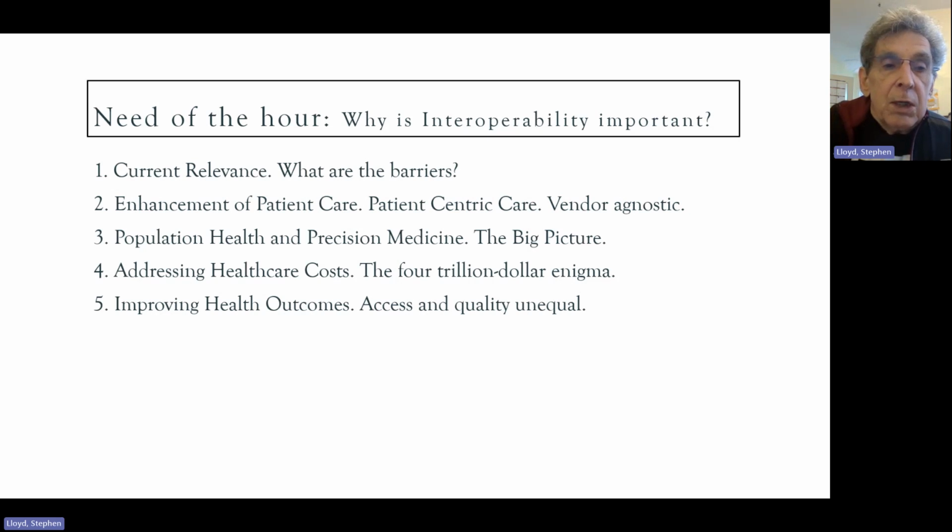And so our orientation now in the last few years has been to try to look at patient-centric care, that we're trying to look at it from the patient's perspective. And certainly the hospital systems are not very good at that. And what they would like to have with interoperability is that the patient's medical information should be vendor agnostic. It should not depend on which vendor you went to, which hospital system you were a patient at, to determine whether you can access in a flexible and usable format the data, all the medical information that's been acquired about